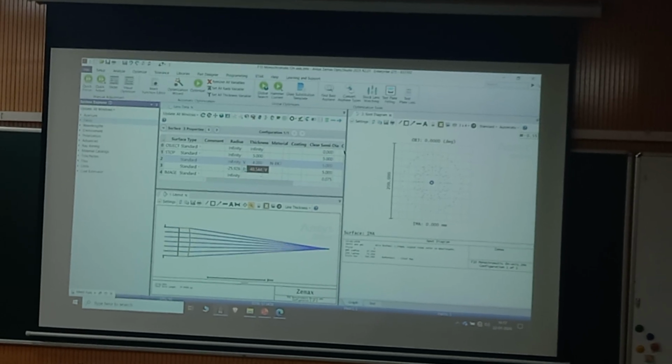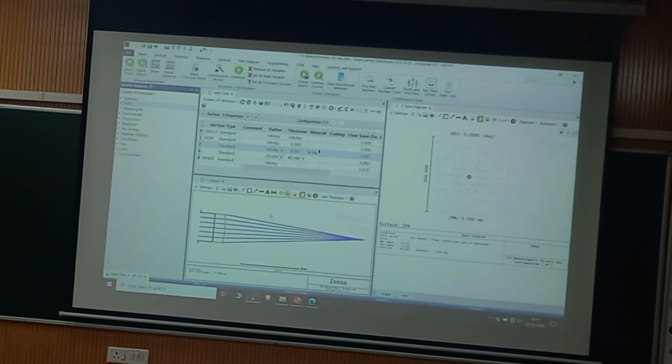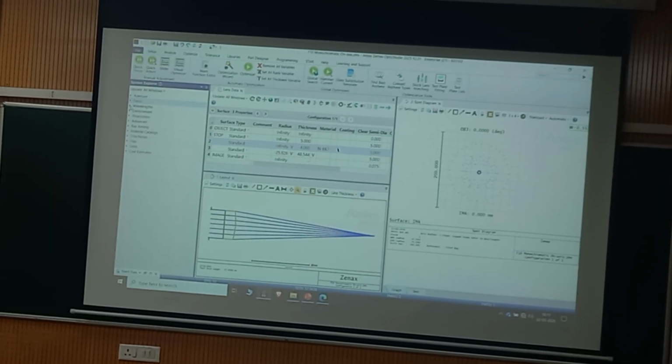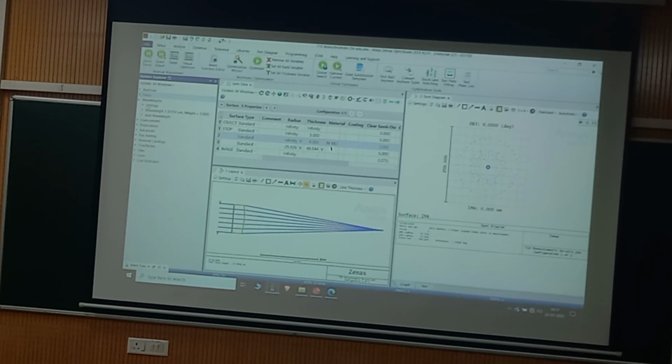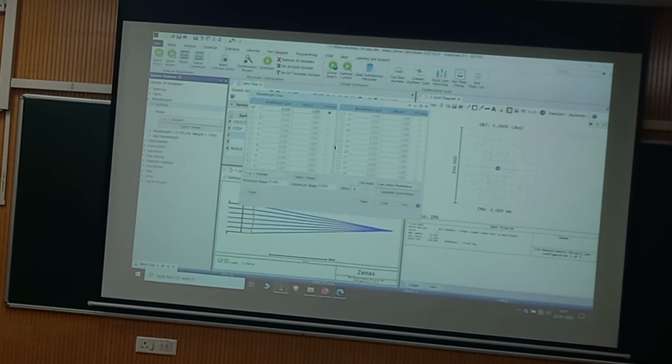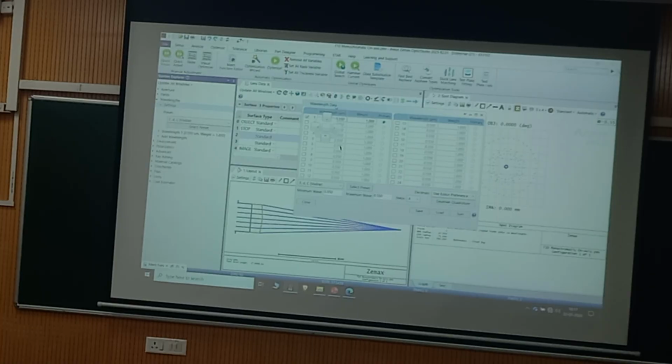Firstly, I'll remove the F number solve here. We have got a base design. Secondly, in the system, we go to the wavelength box. Settings, double tap, wavelength data. Now we are going to select our custom wavelengths.